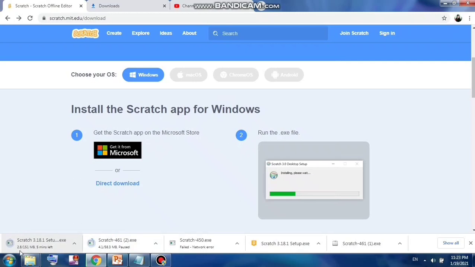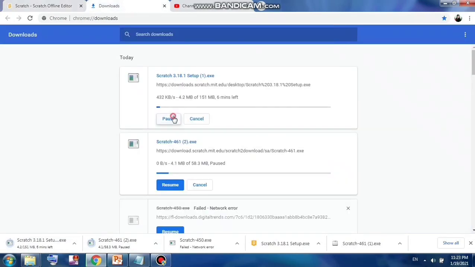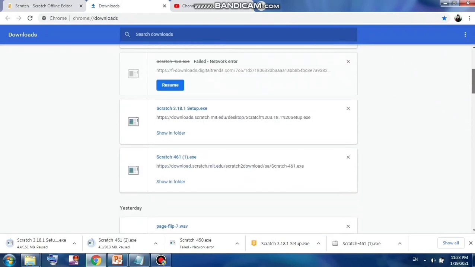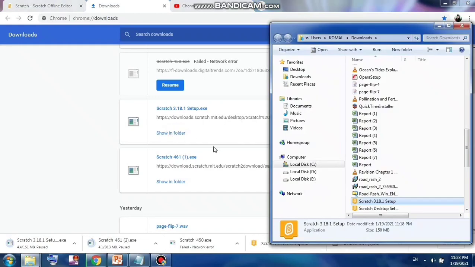It is about 153 MB, but I have already downloaded it previously. I already have this program. So after downloading you can click on Scratch, Show in folder like this, and then we will get the software.